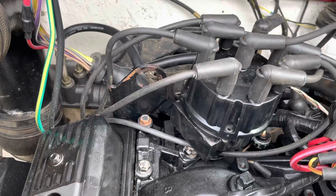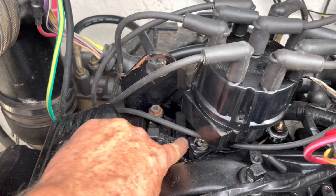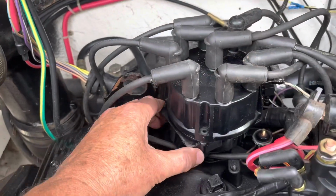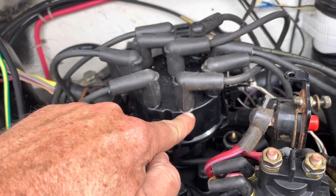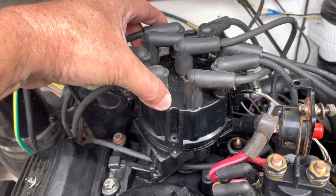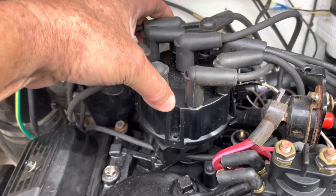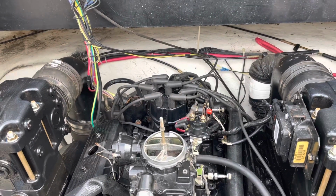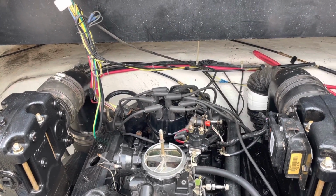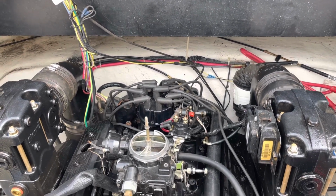All right, what I've done, I loosened this bolt right here a little bit. Well, I didn't tighten it very much to start with, but I loosened it a little bit. And then I rotated the distributor base, not the cap, until the rotor points right here at this tower. So if we lift this up, you can see the rotor's pointing right there. All right, so now this is timed for pretty much 0 degrees. Top dead center, after top dead center, doesn't matter once it's 0. It's the same thing. So now I'm going to tighten the distributor back down and put a new water pump